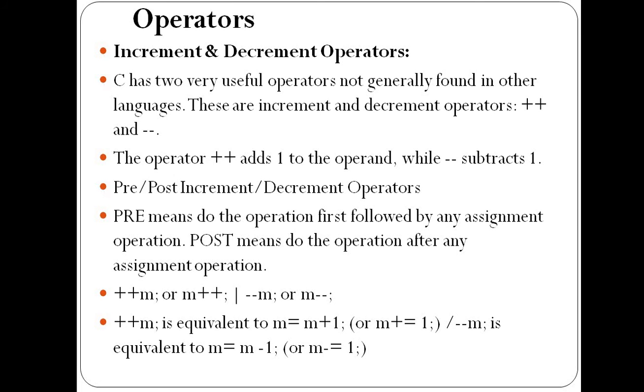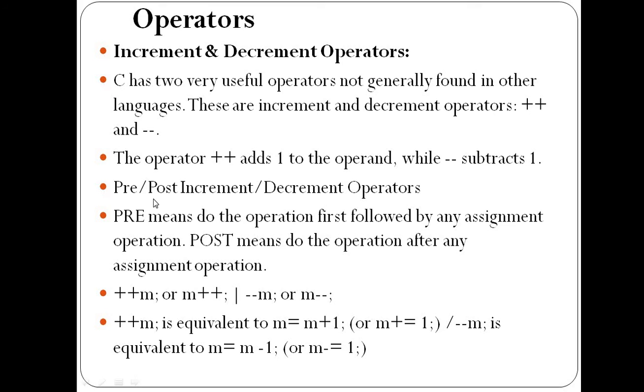Okay. So for increasing and decreasing the value of a variable, C allows the double plus sign and double minus sign. Double plus is nothing but increase, and double minus is decrease. That is increment and decrement. The operator double plus adds 1 to the operand. Operand is nothing but the variable, and double minus subtracts 1. What is the basic purpose of this operator? Double plus automatically adds 1 to the variable value, and double minus automatically subtracts 1 from the variable value. So these operators are used along with the variable.